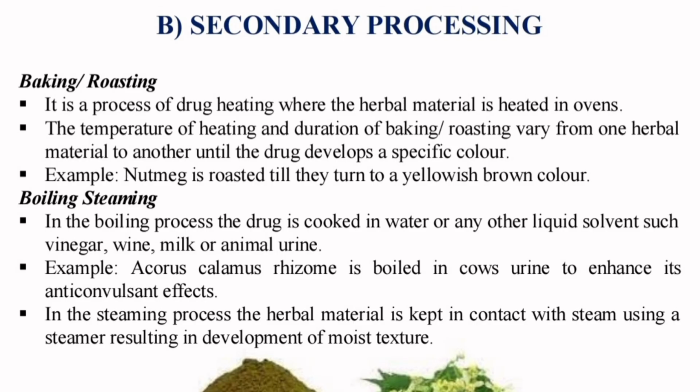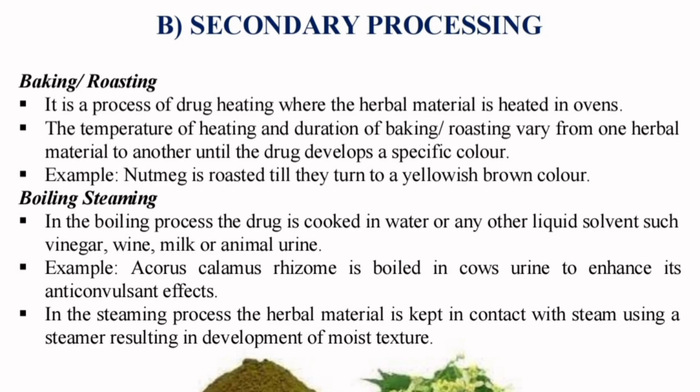Then boiling and steaming. In the boiling process, the drug is cooked in water or any other liquid solvent such as vinegar, wine, milk, or animal urine. Example: Acorus calamus rhizome is boiled in cow urine to enhance its anticonvulsant effect. In the steaming process, the herbal material is kept in contact with the steam using a steamer, resulting in